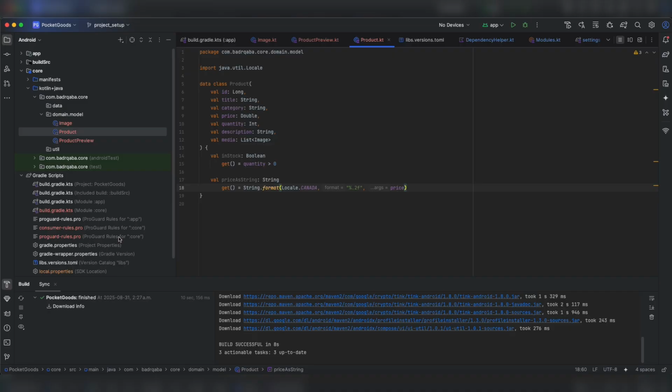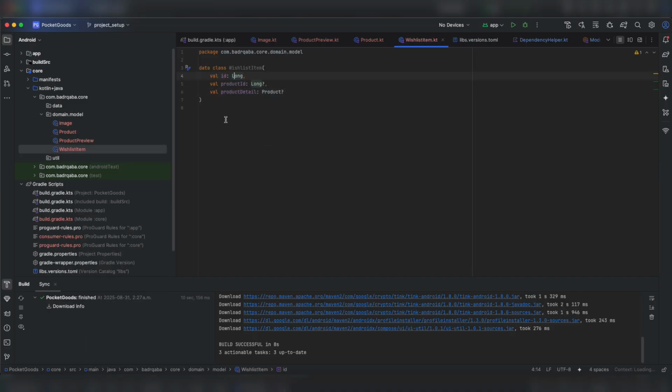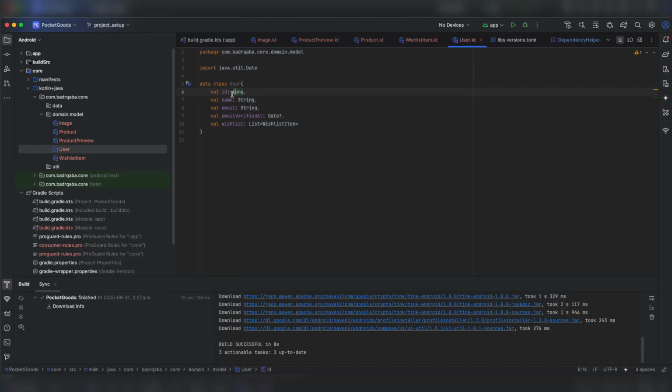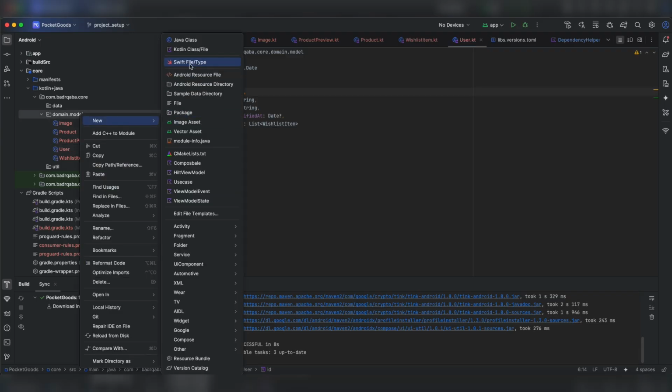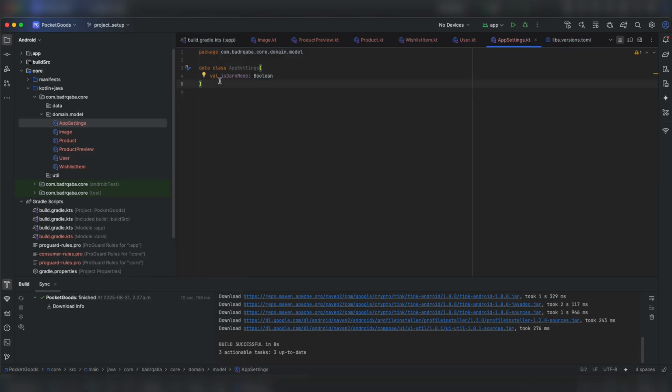So I'm going to create the wishlist item model. It has the ID as long, and product ID and product detail. Let's create the user model, the ID, name, so nothing substantial. And another model is going to be for application settings. Let's say that in your application, you want to save some settings. In a real application, it's not going to be